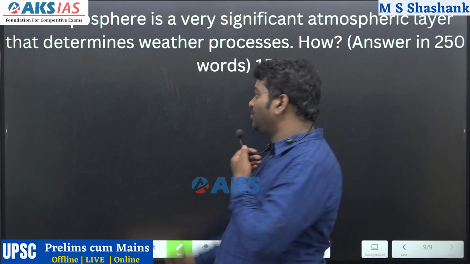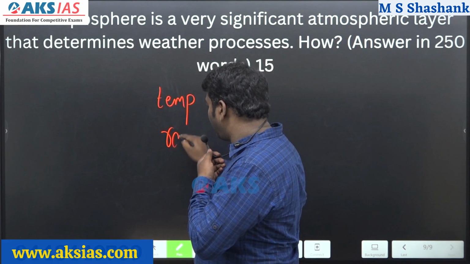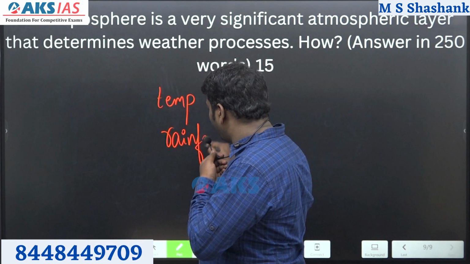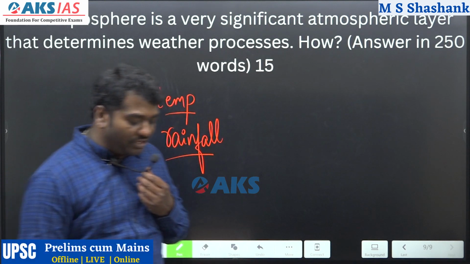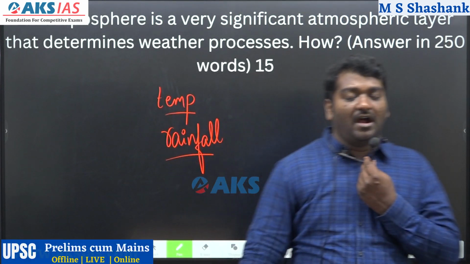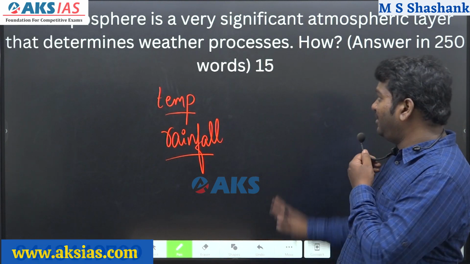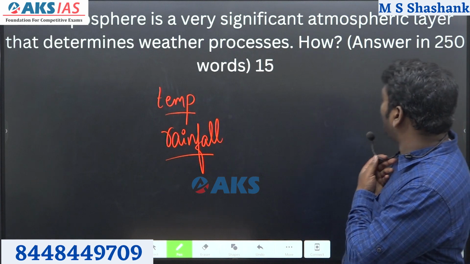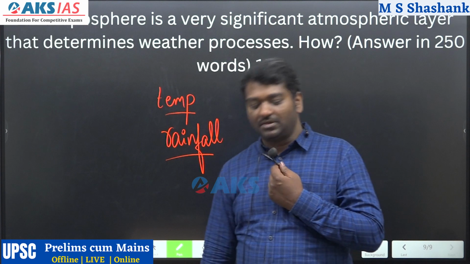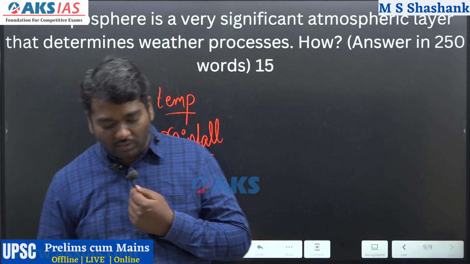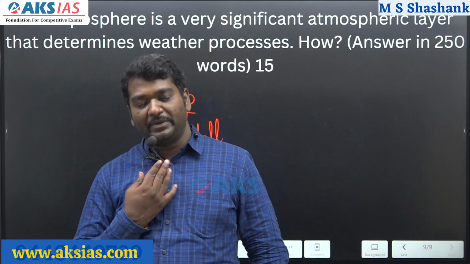Weather basically means you need to talk about the temperature, and you also need to talk about rainfall. Temperature and rainfall is extremely important when it comes to weather conditions. You need to say latitudinally how it varies, and how in different regions high temperature, winds and all determine rainfall. So this is what we need to talk about troposphere. Fine. So a basic question, don't worry much. So if at all you people are trying to answer this, please send it to us. We'll give you comments if required.